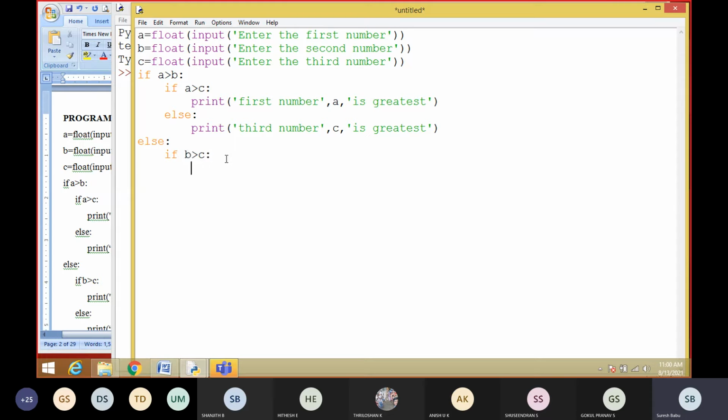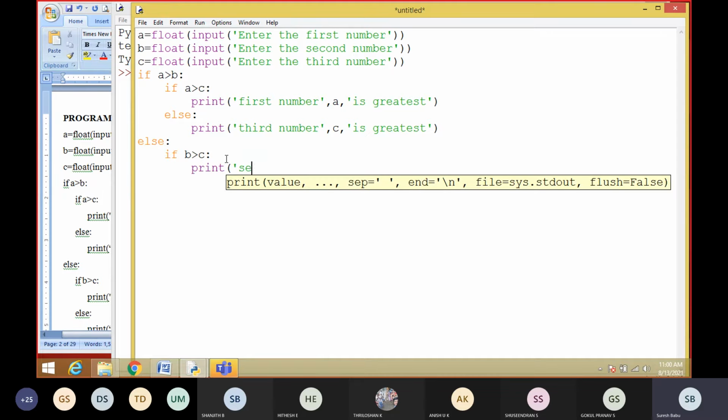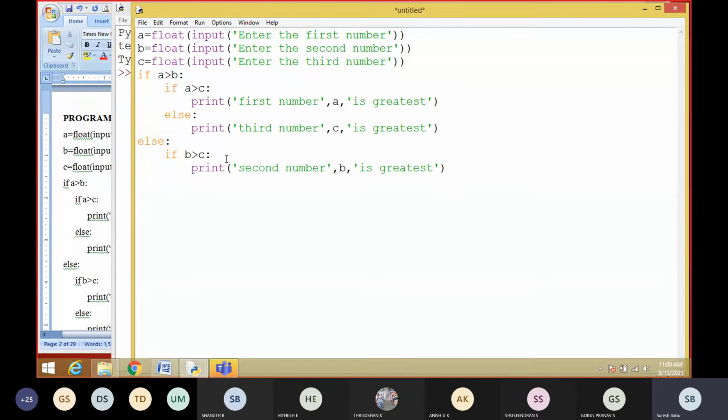So here, if it is true, we can easily say second number B is the greatest number. Suppose here it is failed. Here we checked A and B, B is the biggest one.